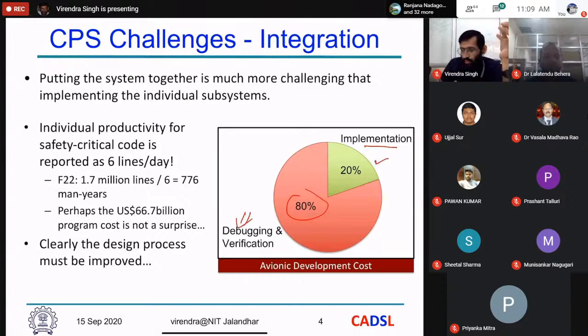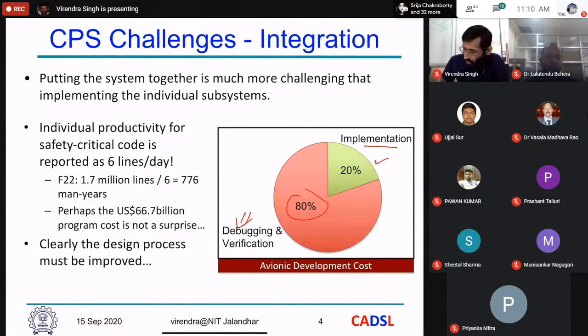So perhaps today we will discuss some of these things, that how you can design a system which is correct by construction, or you can say verification guided design process, which makes the design more robust,